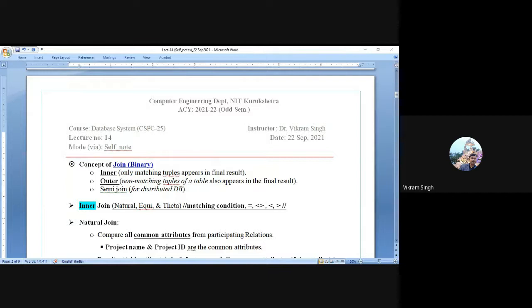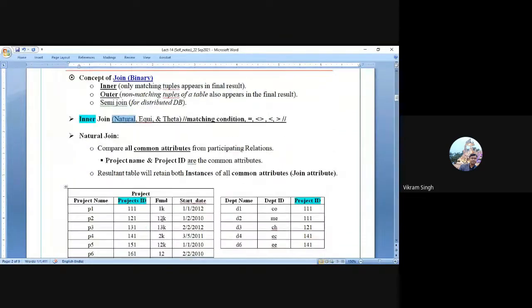So basically, this inner join will look for the common database attribute between a pair of database tables, and the comparison for the matching condition will be performed between these two sets of attributes, right? So in the very first case of natural join, between a pair of tables, whatever number of common attributes there are, the equality or matching condition will be performed for all common attributes. That is the typical definition. That is the natural way of performing the inner join.